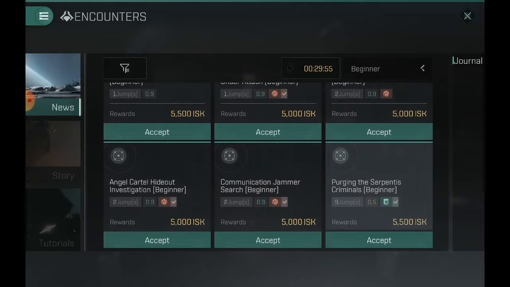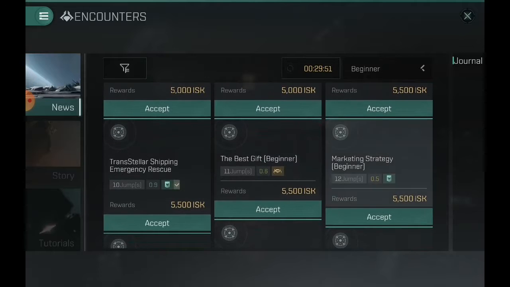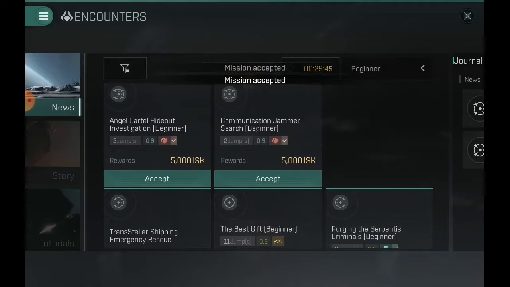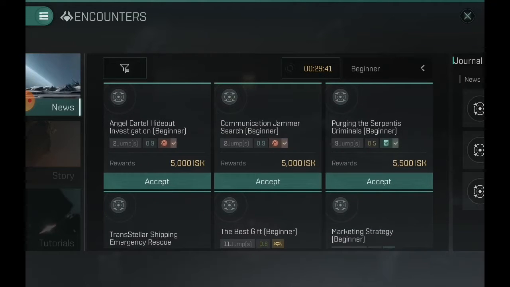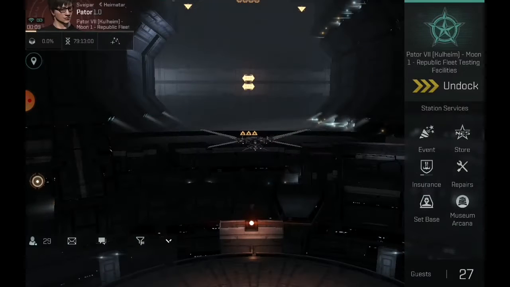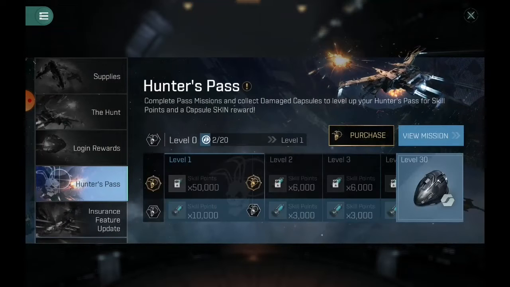It looks like we got a couple of Minmatar missions, but I'm going to start knocking off all the encounters close by. So 1, 2, 3. These are not going to give very much ISK or rewards or anything. If I wanted to, I could go to normal. But if we open up our Hunter Pass here and go to missions,